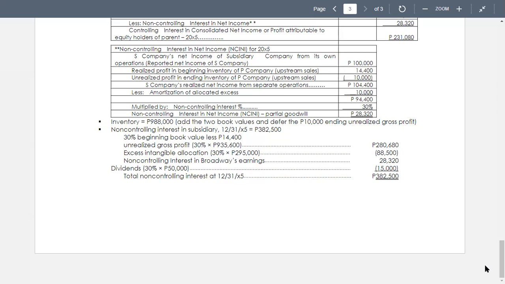So let's have the true or false. Number 1 true, number 2 false, 3 false, 4 true, 5 false, 6 true, 7 false, 8 false, 9 true, 10 false, 11 true, 12 false, 13 false, 14 true, 15 true, 16 false, 17 false, 18 true, 19 true, 20 false, 21 true, 22 false.